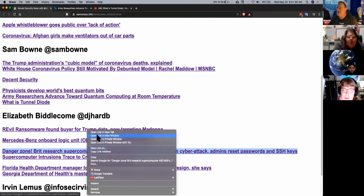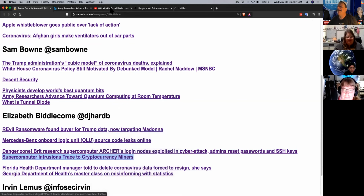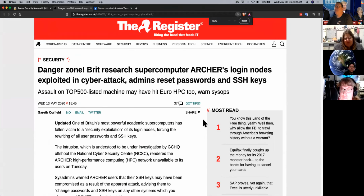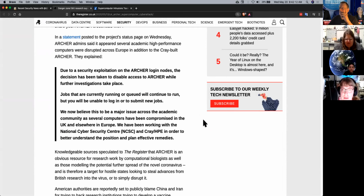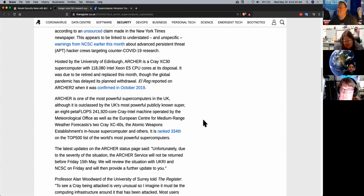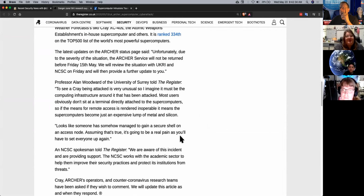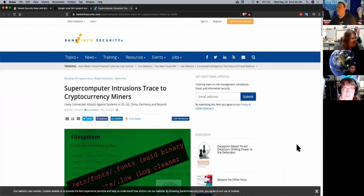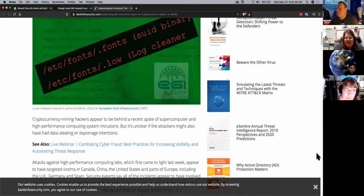and then we got the supercomputer hacks. Yeah, so this was kind of an interesting story this week. It started out that all these high-performance computing clusters were being attacked in labs all over the world, really. And it's rare, because most of these are just like when we went to Lawrence Berkeley lab, these are Cray supercomputers, and usually those aren't attacked. So the first thought that came out was, we don't think that the Crays are being attacked necessarily, but the infrastructure around them, which makes a lot of sense, especially because in a lot of these, that's all assembled and managed by HPE, which is kind of